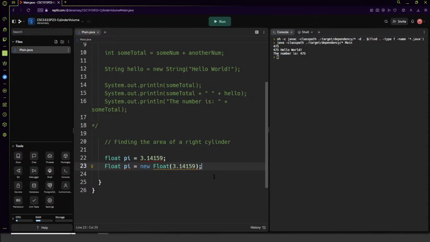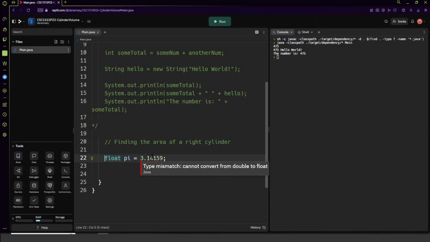Both of those are valid, right? It's throwing me a fit here because I use pi here and pi here. But instead, right, what I want to do,